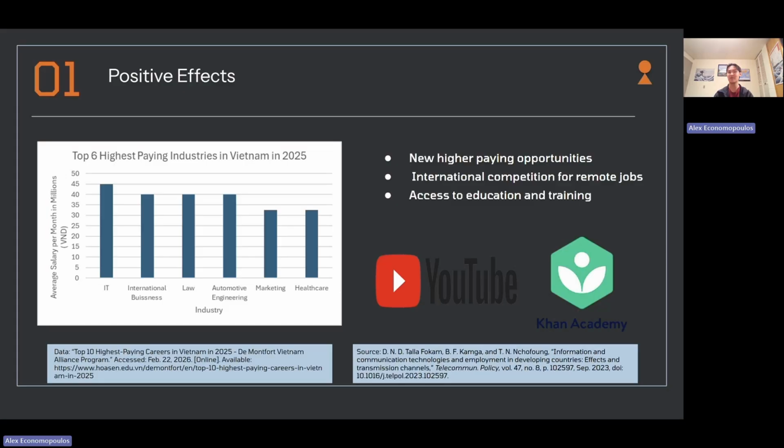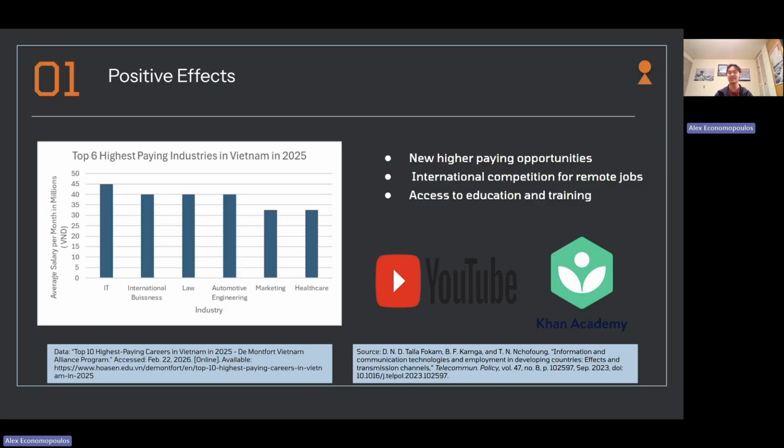New information technology has had multiple effects on the workplace relating to the gap between rich and poor countries. In terms of closing the gap, recent IT has done three main things. First, IT gives many developing countries the opportunity for higher wages. For example, last year in Vietnam, jobs in the IT industry had the highest average salary with around 45 million Vietnamese dong per month. In other developing countries, the IT industry consistently pays more than the national average, offering a lucrative career path to help fight inequality.